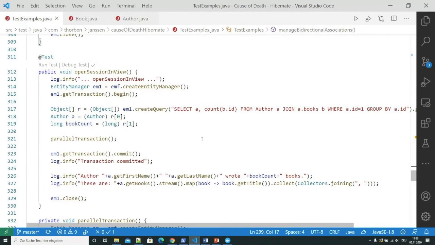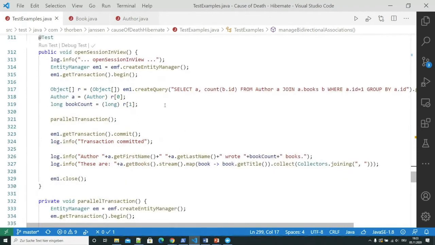And as you will see here, you can create inconsistencies if you're really unlucky. So here I select the authors and I count the number of books that an author has written. I do that here. I get my author and the book count, and I use that down here in my log messages.